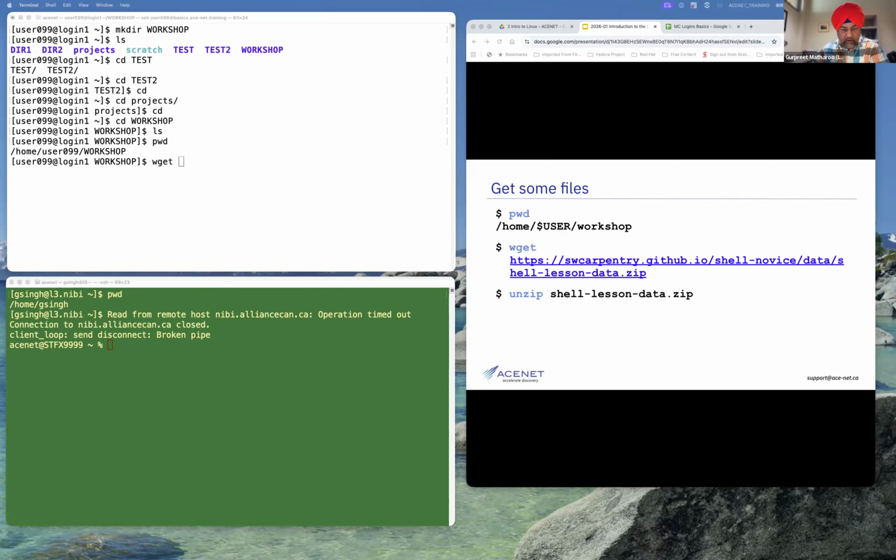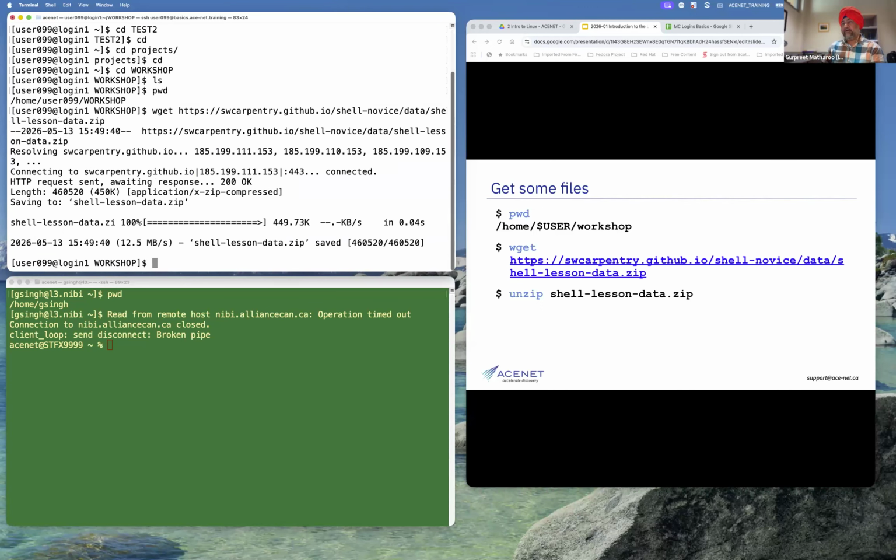Let me copy, and let me paste it over here. So type wget and then copy paste the link here, right? So that's what you do. You see, there's a lot of empty characters there, but that's fine. Wget, and then once you type this, press enter. So it would have downloaded this file for you.